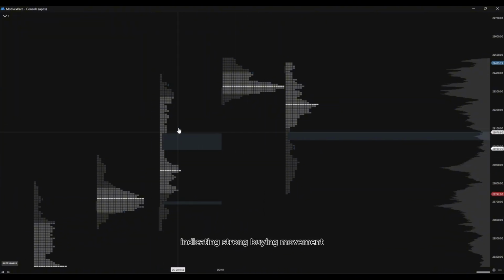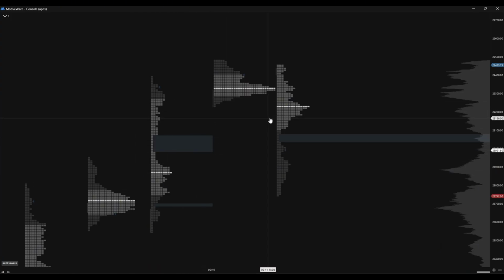indicating strong buying movement. And you can see once these single prints came to get revisited, we ran straight through them